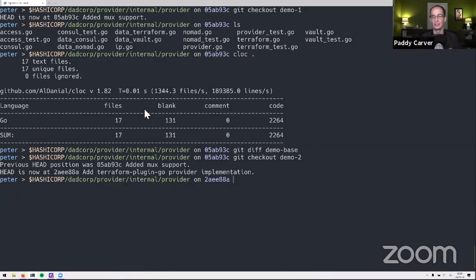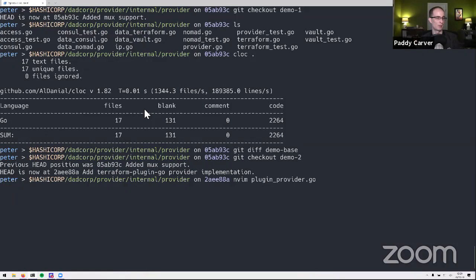And now what we're doing is updating the provider to use Plugin Go as well. So we're adding the Plugin Go server to the Terraform mux, so that the provider now has 2 servers behind it. The Plugin Go server is not going to expose any resources at all, but it will give us the foundation to start moving resources over one at a time. So let's take a look at that really quick.